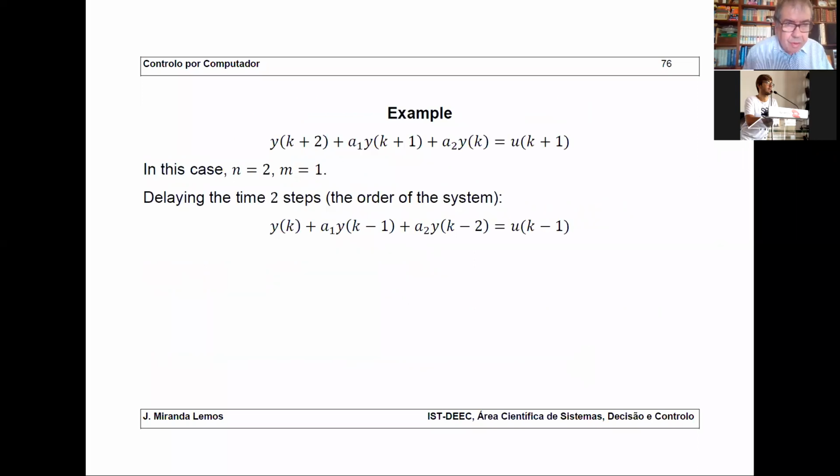Now, let's see an example. Suppose that you have this difference equation. Okay, here n is 2, m is 1. You have u of k plus 1, you have y of k plus 2. Now, you can delay everything by 2 steps and you get y of k, then plus a1 y of k plus 1 minus 2, which is y of k minus 1, and so on. So you delay all the signals by 2 steps. So these are the two standard forms for